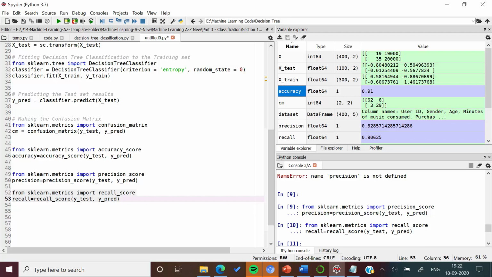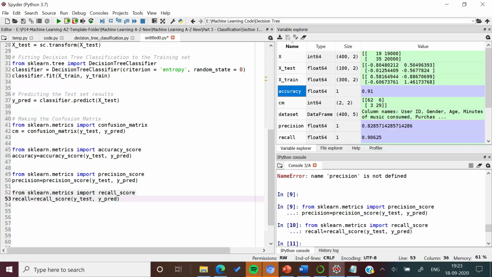For precision, we have to import precision_score, while for recall we have to import recall_score. In all these methods, we have to pass actual and predicted values. Actual values are in y_test while predicted values in y_predict. So by executing these lines of code, you can easily find out the value of all the quality metrics to evaluate the performance of our classifier.